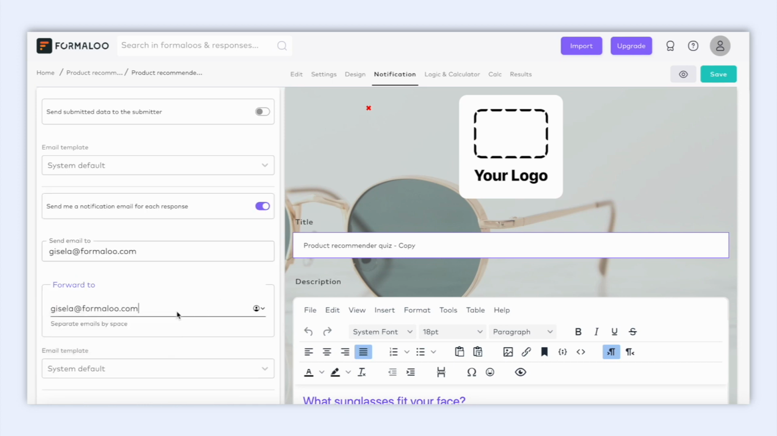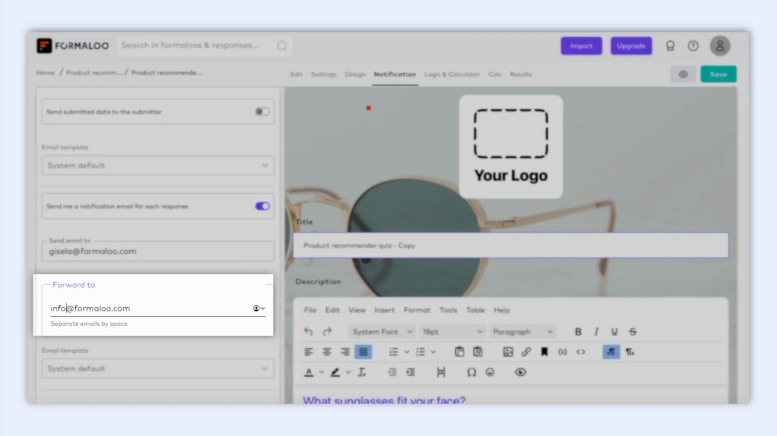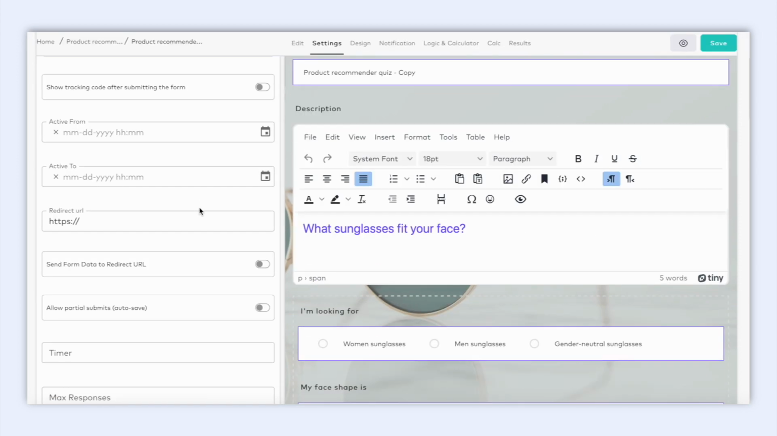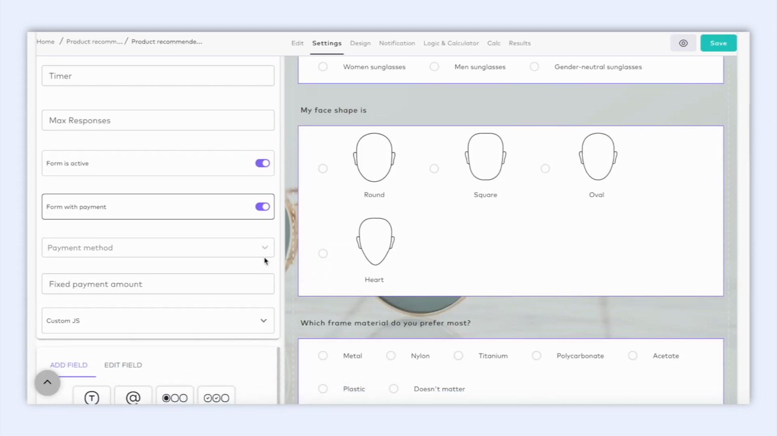submits your form and add another email for your team to forward the same notification to. Pretty cool, right? Here in the Settings tab, you can select the form with payment option and choose your payment method. Your form will automatically redirect to the payment gateway. If you would like to know more about this option, I have left for you a video to check in